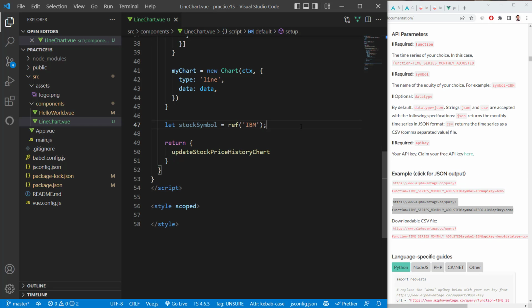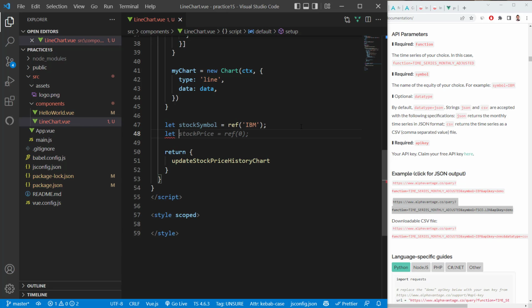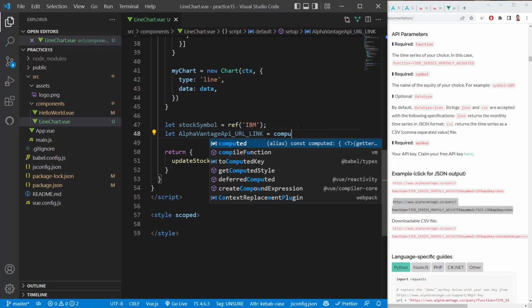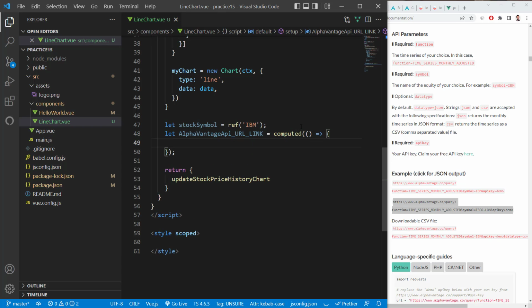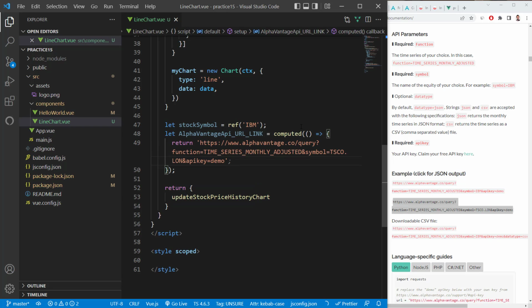So I'm going to say let Vantage API URL link is equal to computed, and return this, except we are going to